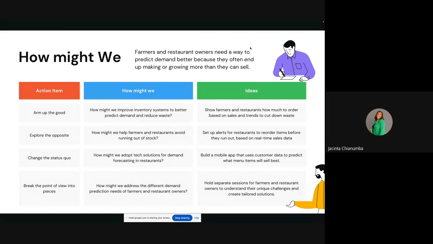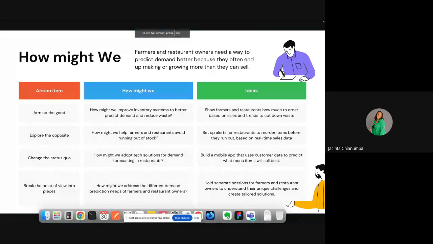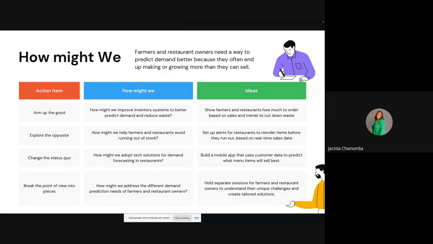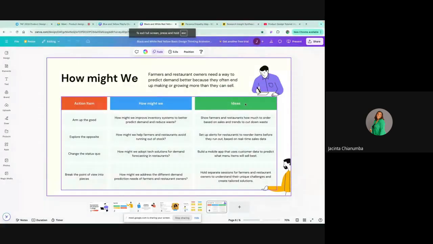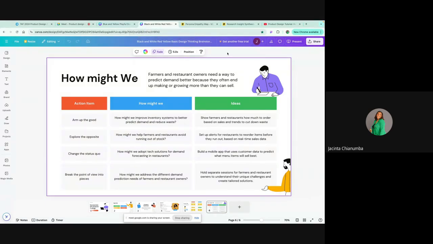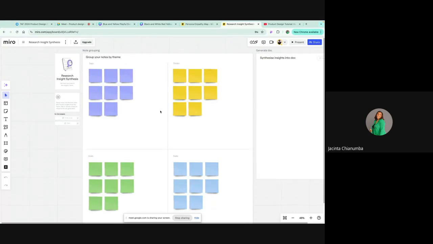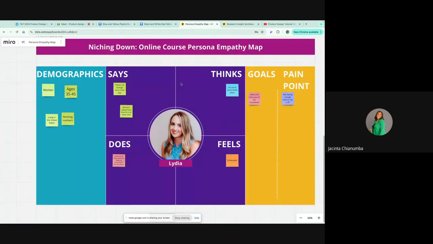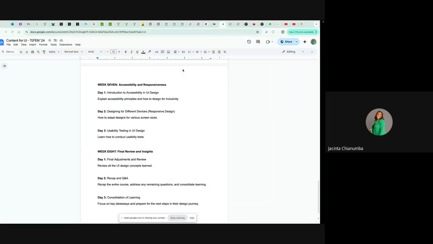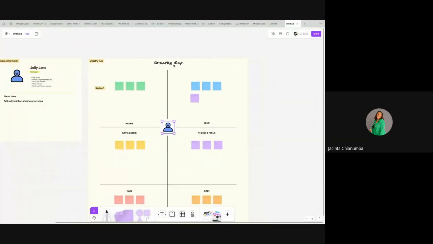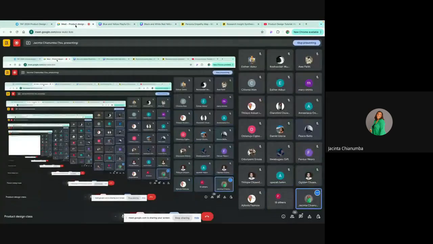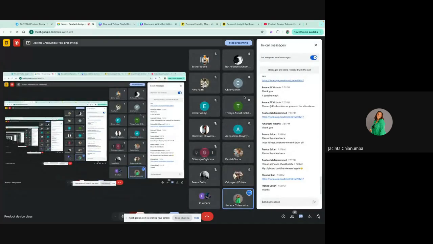So I think we are done with this whole generation of ideas and understanding users to the best of my ability. Like I said, there are various ways. Miro is also a tool you can use to create your empathy map, with says, thinks, does, and feels, and then you can also use it to create your persona. Or if you don't want to use Miro, you can just go to your Figma tool and use what's on your Figma tool. So with these, we have come to the end of